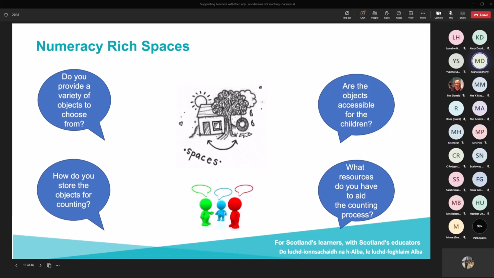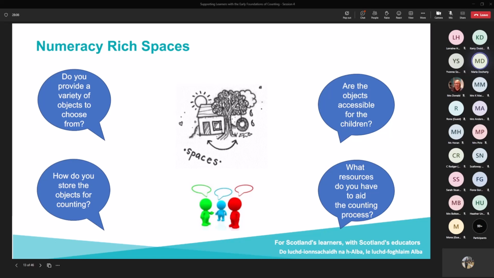And again, that goes back to you knowing your learners in your own context. It also works really well for children to create their own collections, in addition to any that are provided by yourselves. So to help facilitate an effective collection, there should be a variety of collections, but also tools, and we'll talk again a wee bit later about what we mean by tools, but these collections and these tools should be made available across your spaces so that children can really freely access them throughout the day as part of their